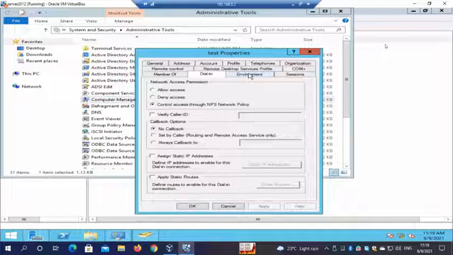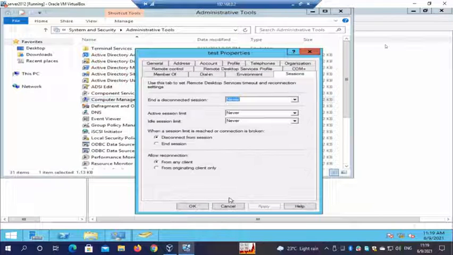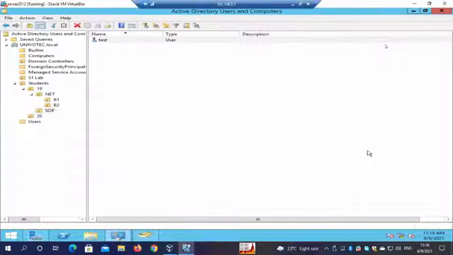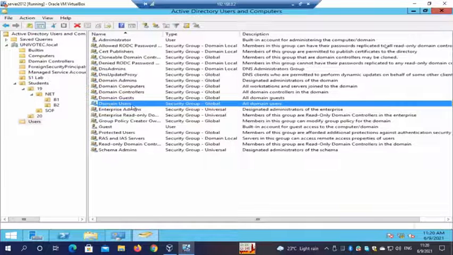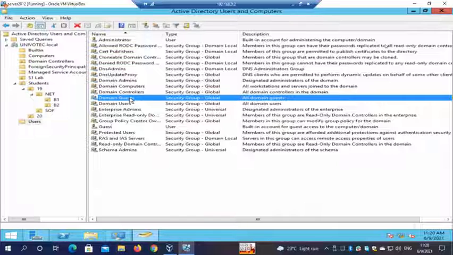So these are the properties of a user account. There are these groups which are already there. Can you see? Domain Users is the default group where every user created will be added. Every guest created in the domain will go to the Domain Guests group.